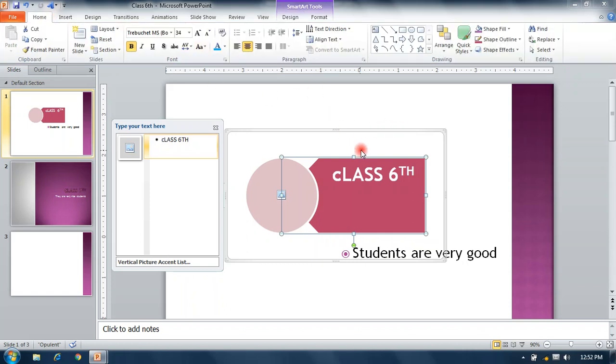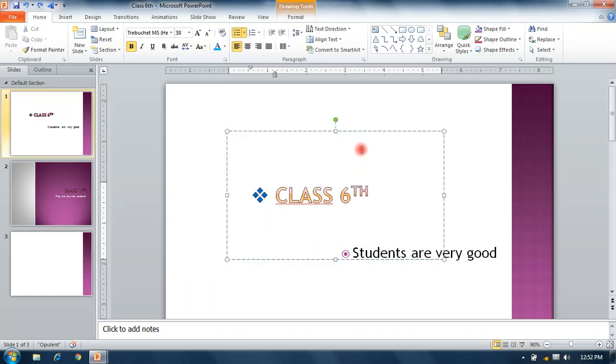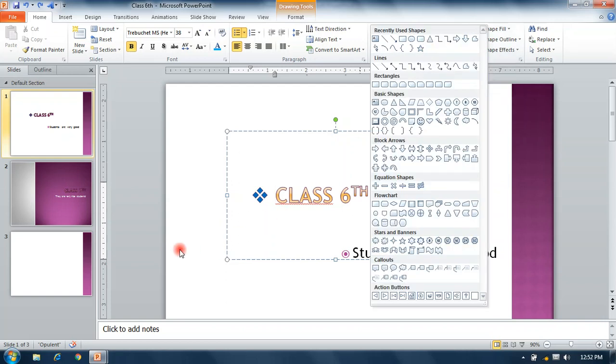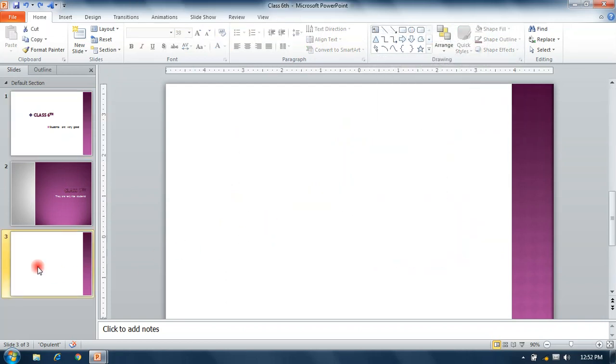Again, to return back, press Control Z for undo. These options we can take as blank slides.